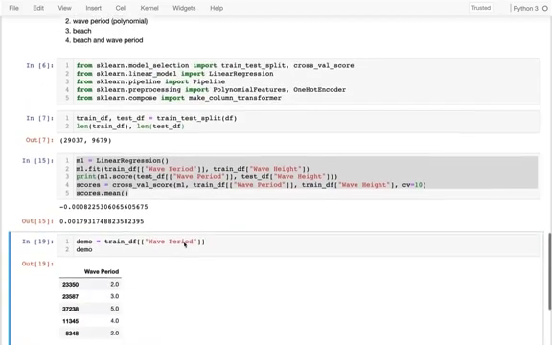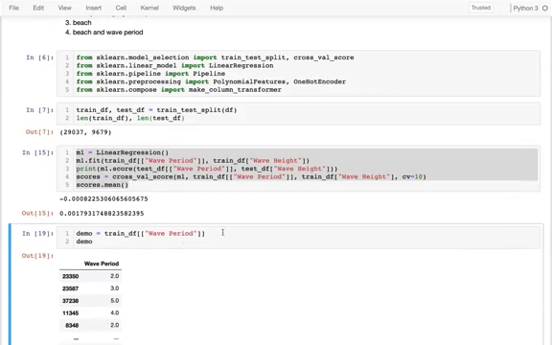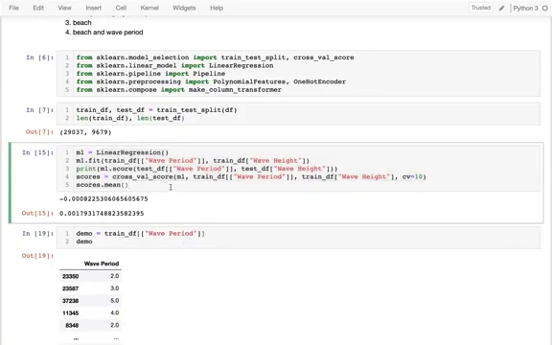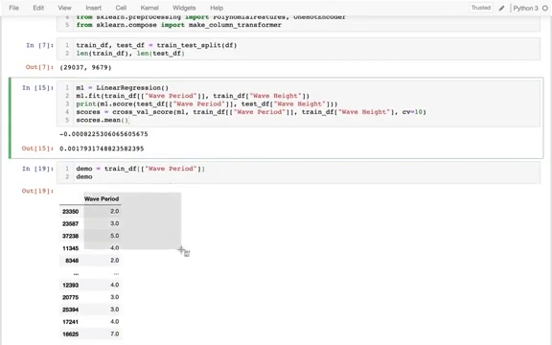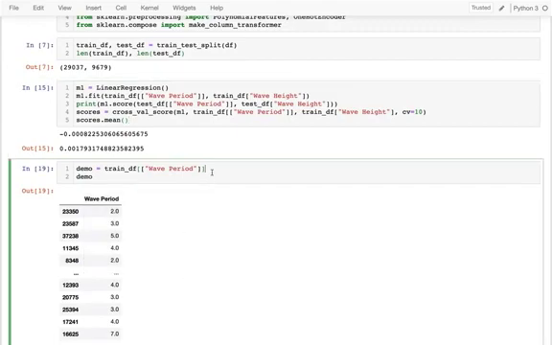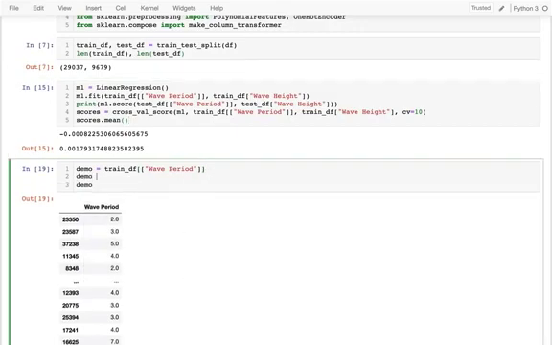Let me take a look at this data frame. What we're going to be doing, if I want to have, say, a quadratic fit, is just add some columns down here that are going to contain that squared data. And so I could do things like this. I could say demo, I could say period squared equals demo of wave period